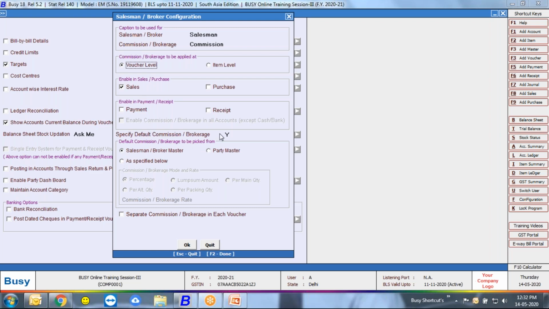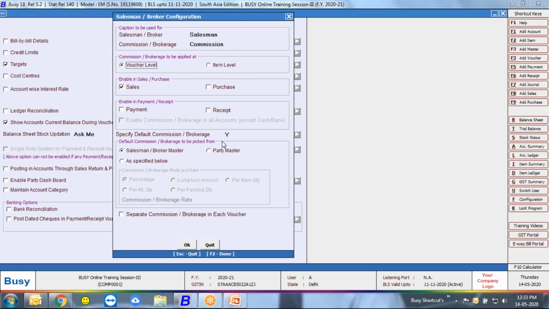Do you want to calculate your commission, or just want to give a salesman name in your transactions only? Because some users want only to mention a salesman, not calculate their commission or brokerage. But some customers require the same to calculate commission or brokerage also. So for that, you need to enable commission and brokerage.